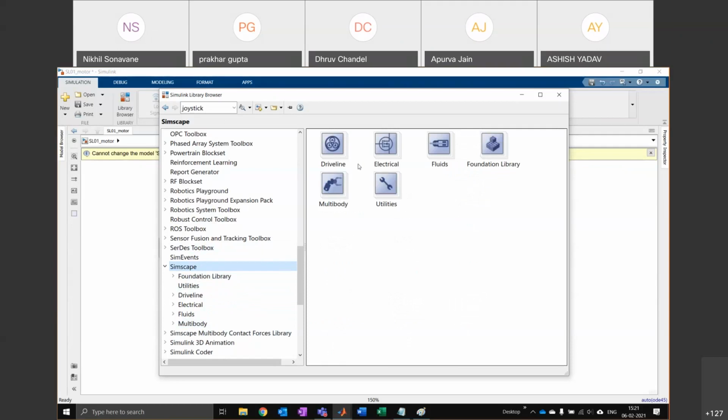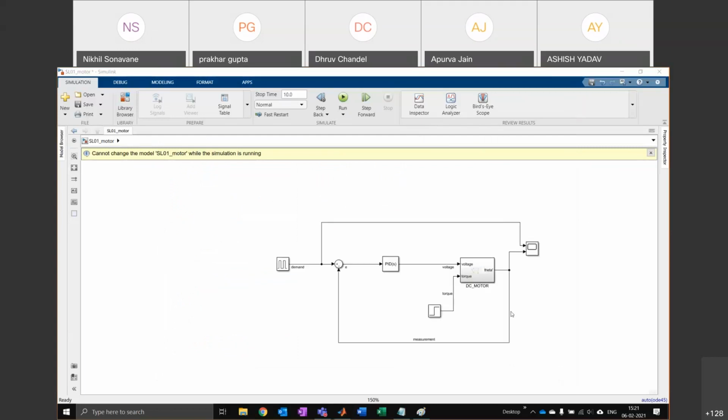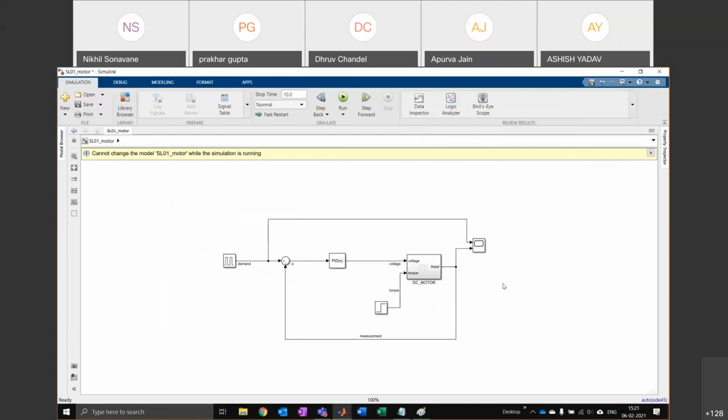And the great advantage of this is you can model multi-domain systems, and you can do it without knowing what the mathematics is. So all morning we've been trying to figure out what the maths is, and it's getting very complicated. But with Simscape, you just need to put in the components and it works quite easily, right? So let's see how to make the same DC motor in Simscape. And I'm going to teach you Simscape electrical quite quickly. And then we'll take a break and then we'll figure out the multi-body part in the evening.